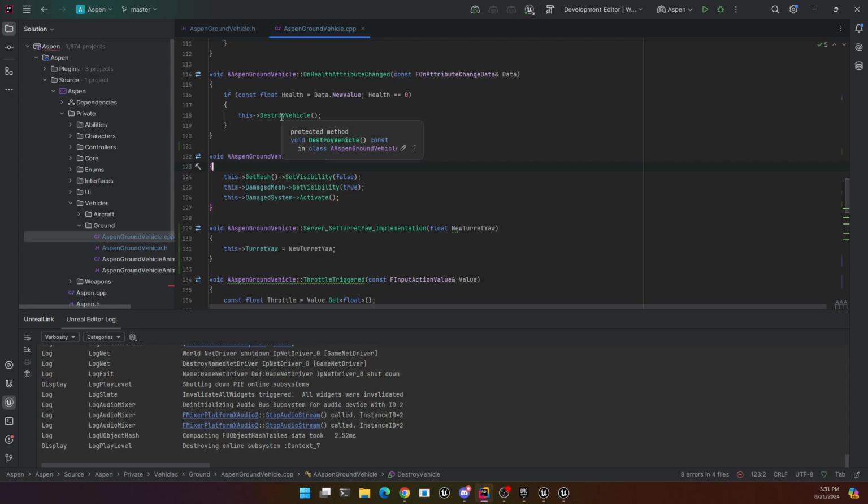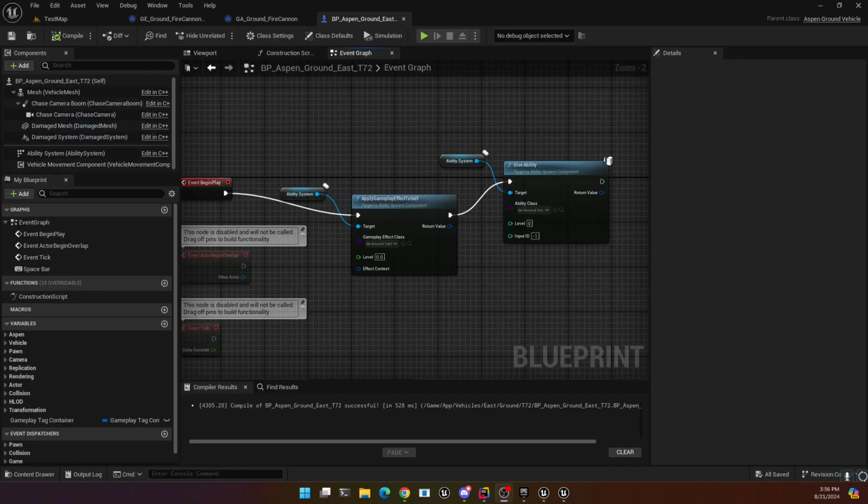Then the question is, how do I actually replace the static mesh? I don't know if that's really something you do in a cue. I gotta think about that for a minute, but let me take a look at the Lyra example real quick and see what it does. Maybe that'll give me a clue. Okay, I think